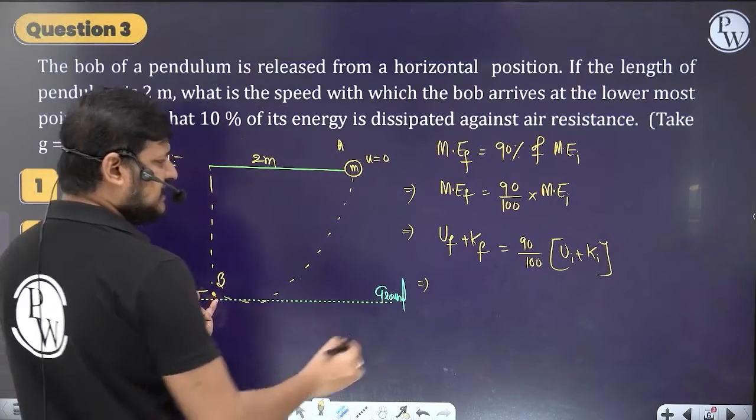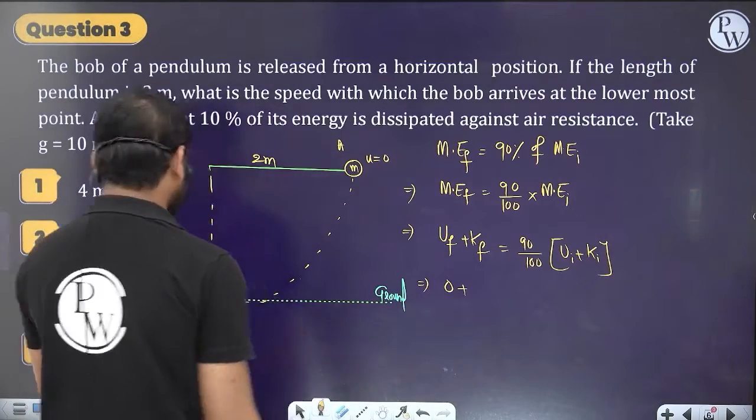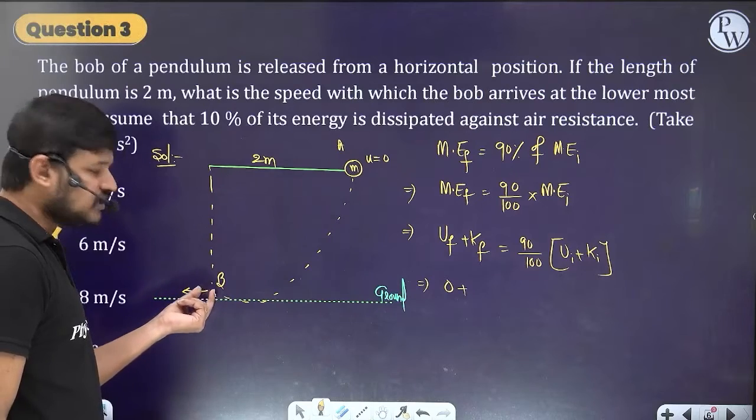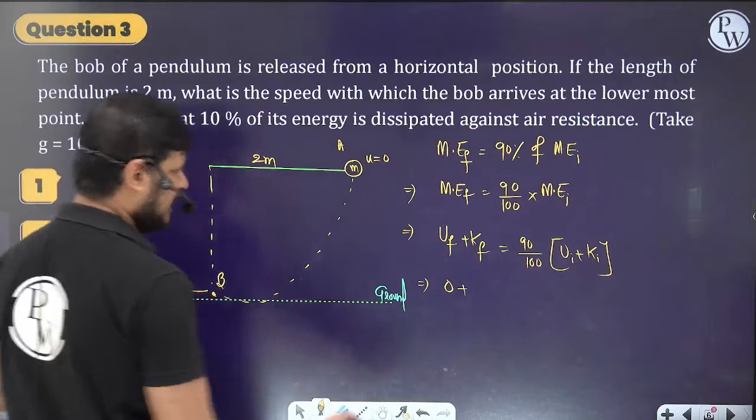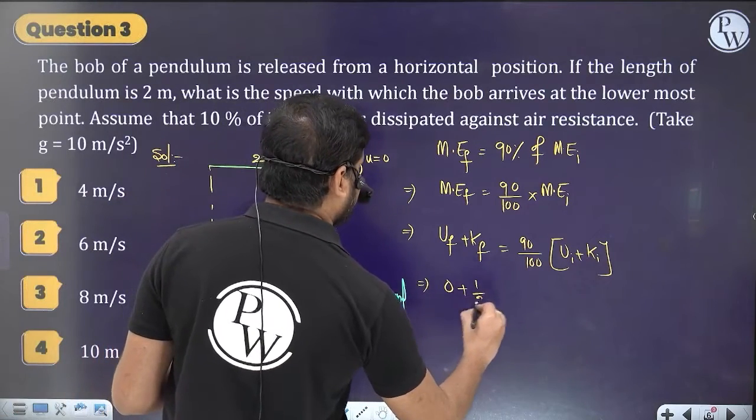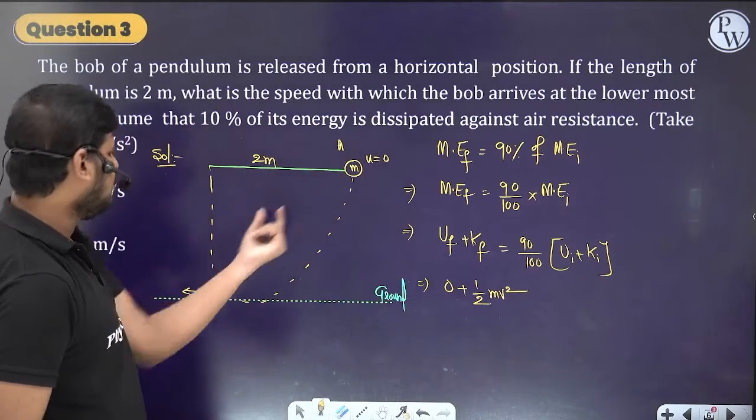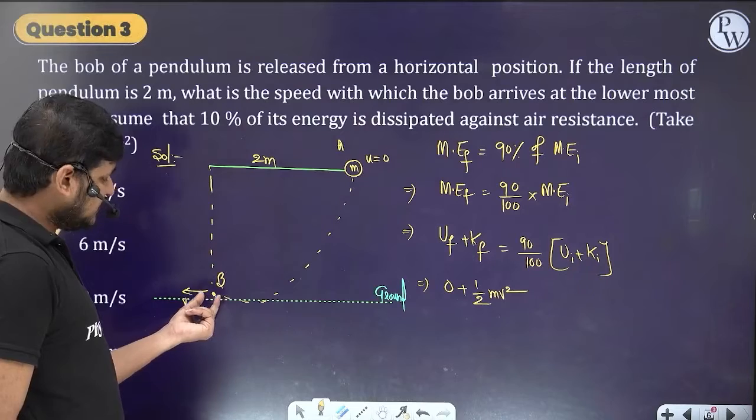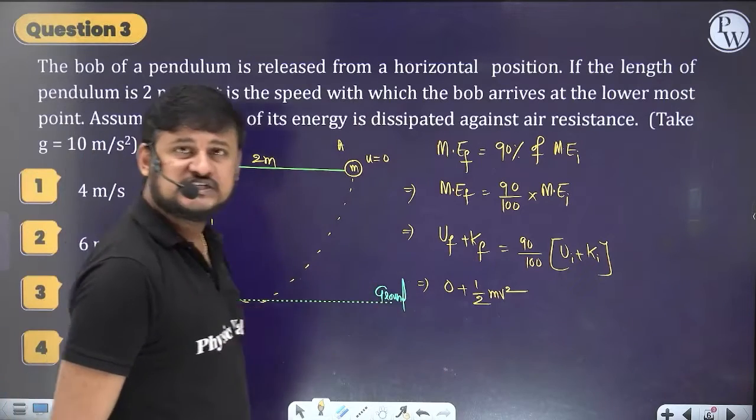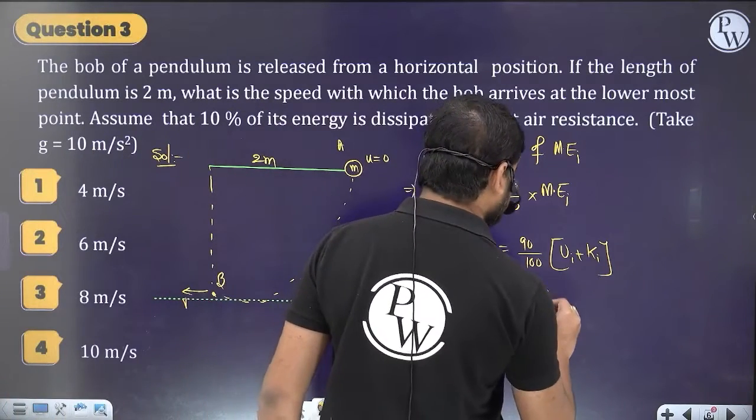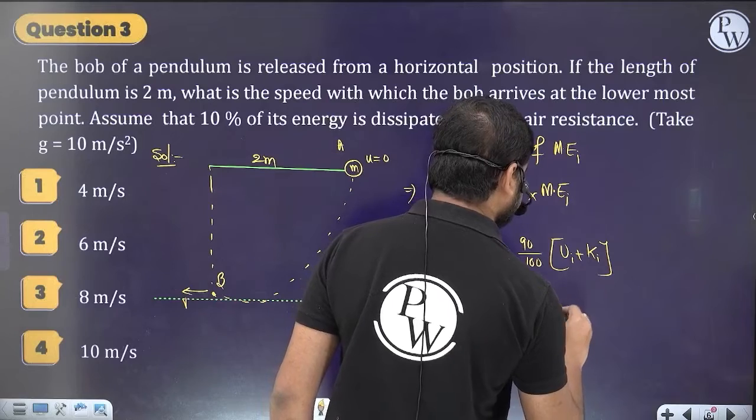Finally its potential energy is 0, because it is coming to the ground, the lowermost position. And its kinetic energy will be half mv square. So let its mass be m. At its lowest position the velocity is v, so half mv square is equal to 90 by 100 times,